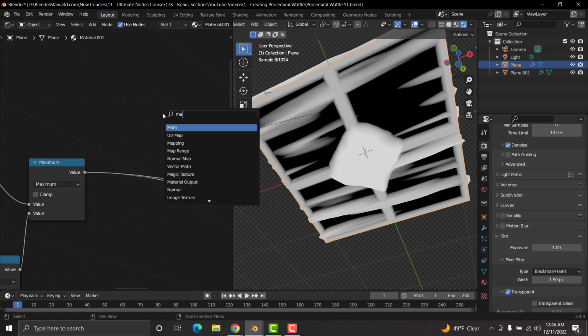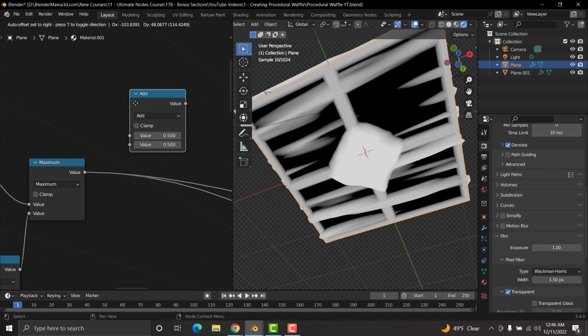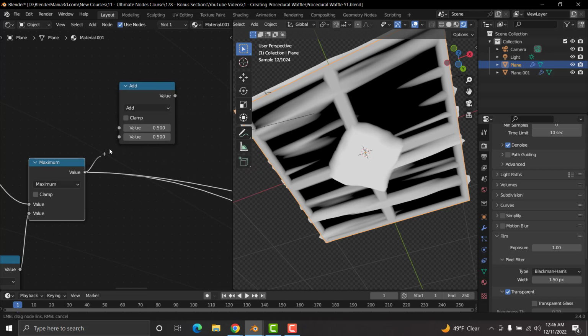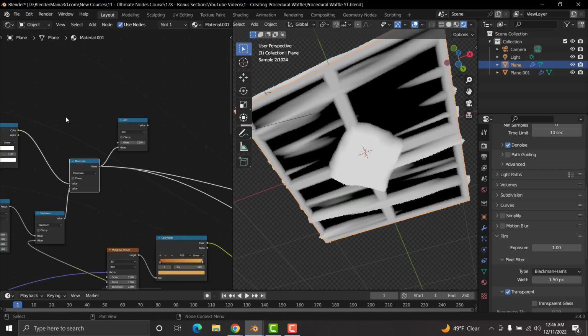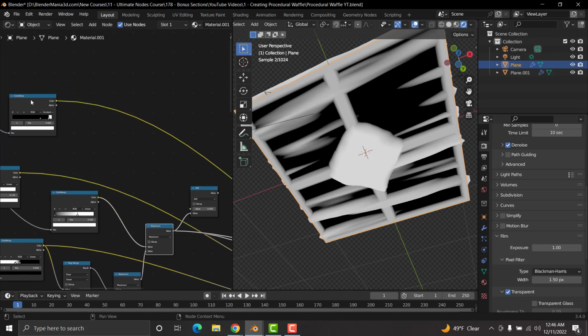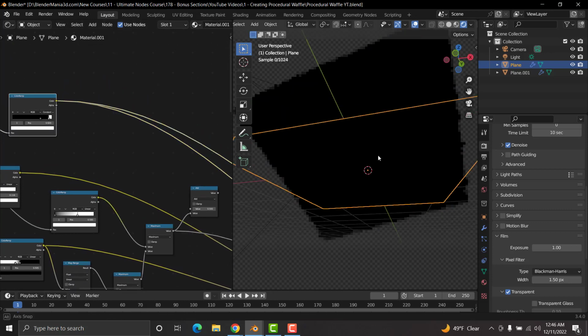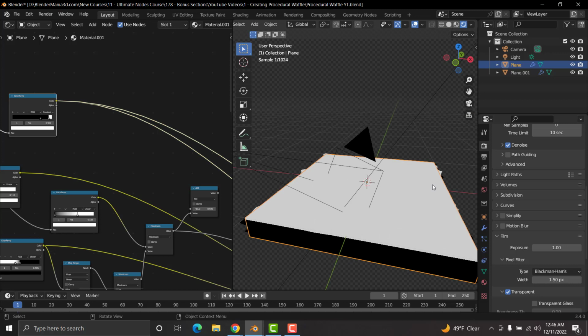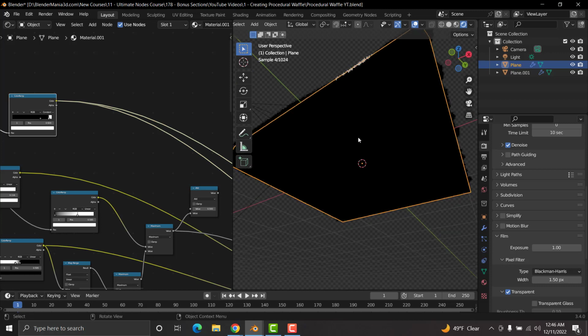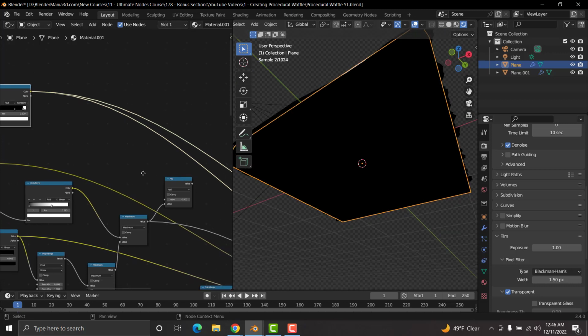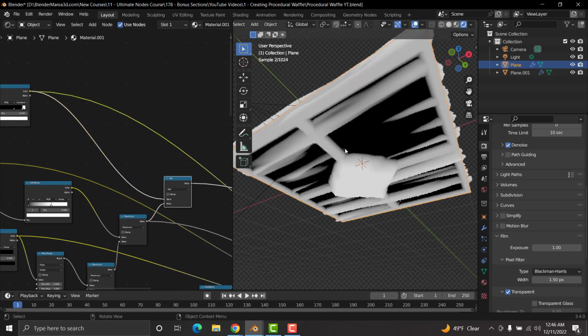Let's add another math node, and we're going to connect this one to the bottom. We're going to get this color ramp right here, which is our mask to have stuff just at the top, again with the white on top and the black color at the bottom. So here, if we plug this color into this math right here, Control-Shift left click, you can see that